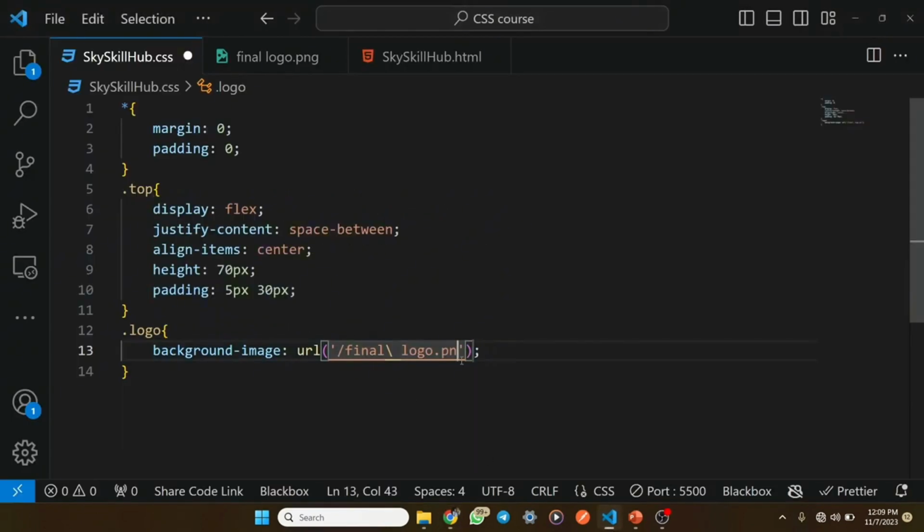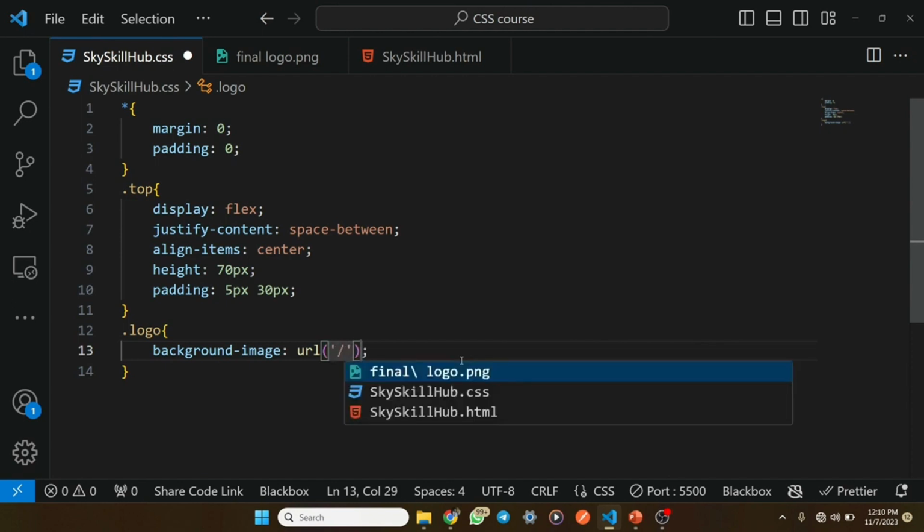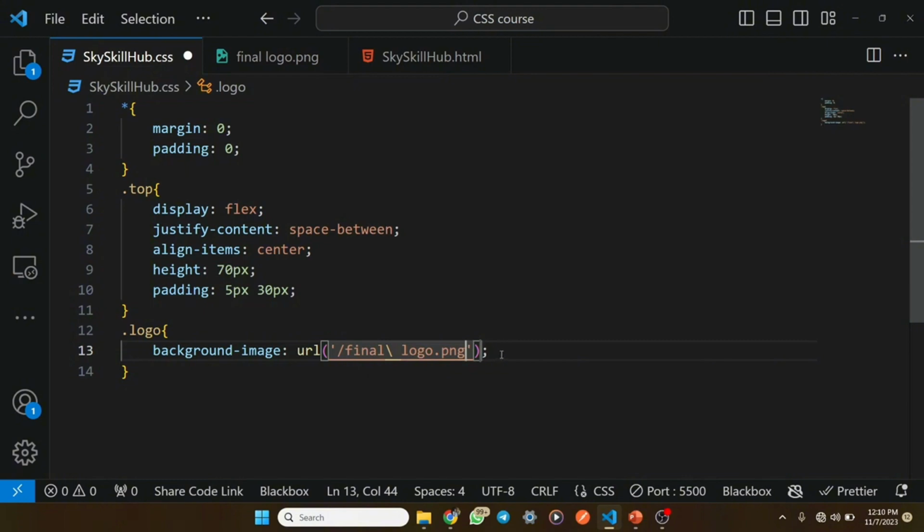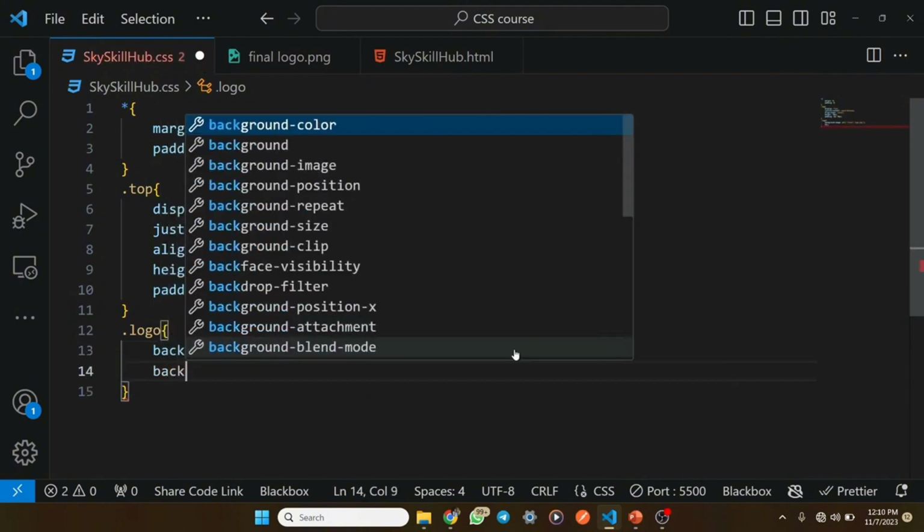Suspected as much. Let's try to see if we can get the name better this time. So we say background image, URL, final logo.css. Okay, so the next thing we're going to do is the background size. I'm going to say cover,